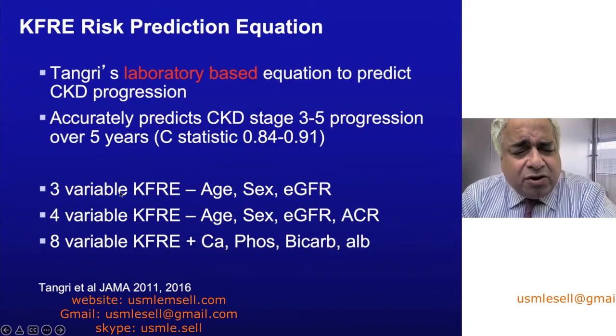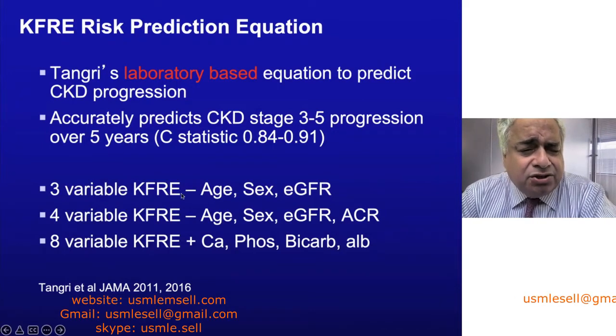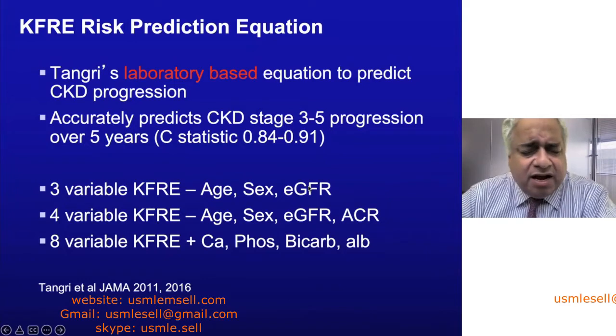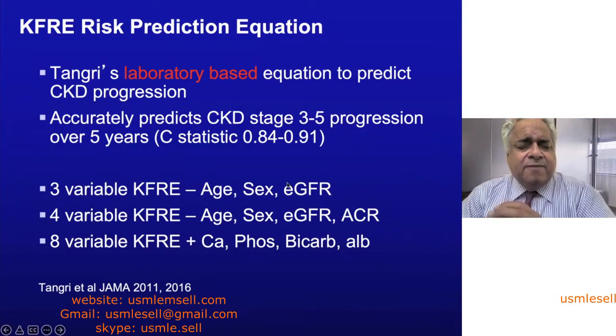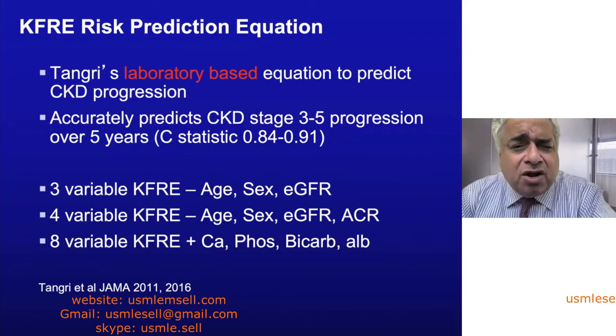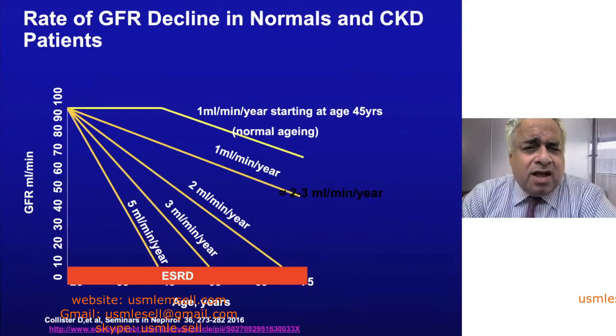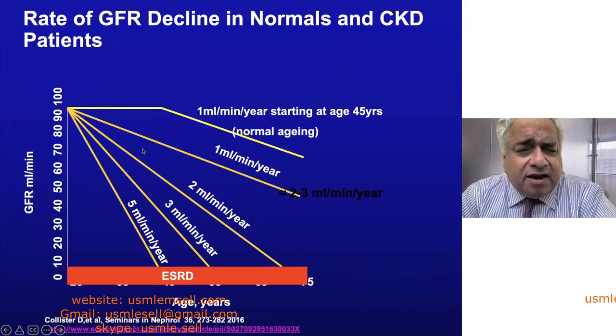Depending on which variables you use, I like to use just age, GFR, and sex. You factor in this guy is 78. You factor in that he's male. You factor in that his estimated GFR is 59 or whatever, and you will come up with a prediction of the likelihood this person will progress over a 5-year period. Now, it is important to remember that this is what happens normally: in a male after the age of 45, you start getting a progression of 1 mL per minute per year on average.